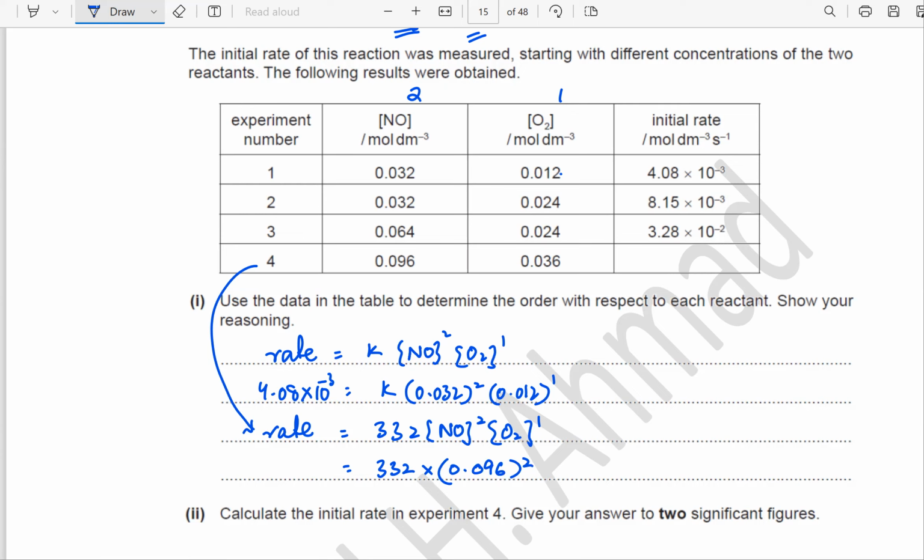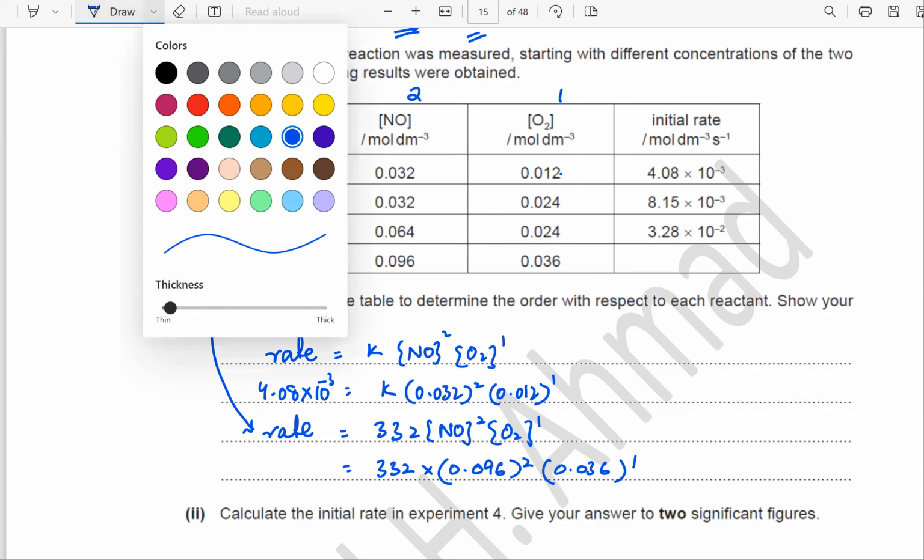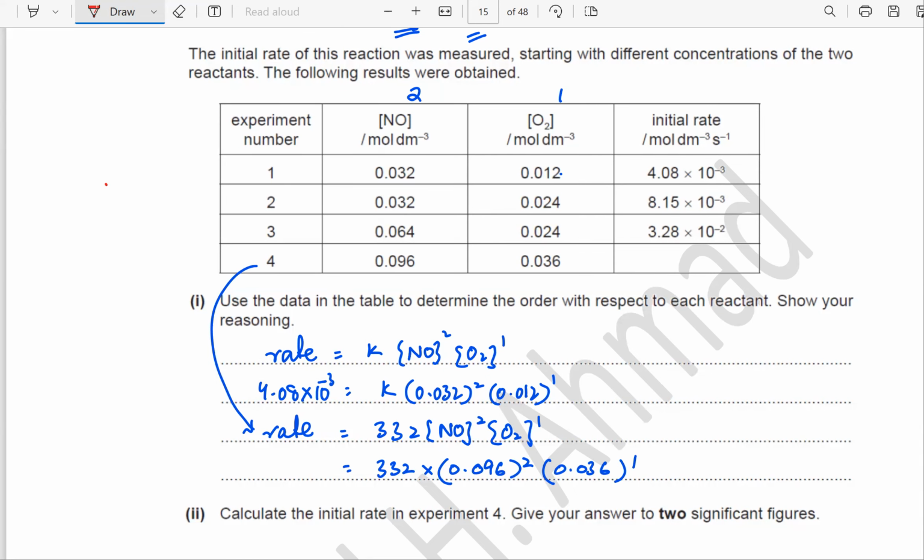और ये दूसरा क्या है? 0.036 power 1. So find the value now. So 1.10 times 10. कितना? 1.1. 1.10 times 10 power negative 1. ठीक है, 10 power negative 1, right? अच्छा,